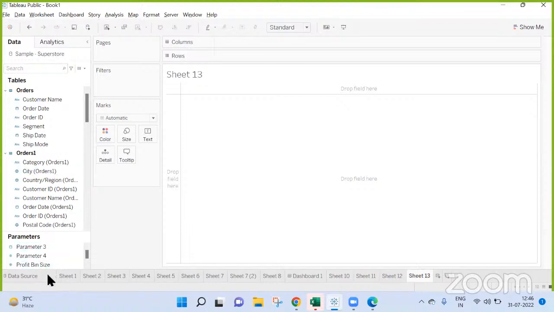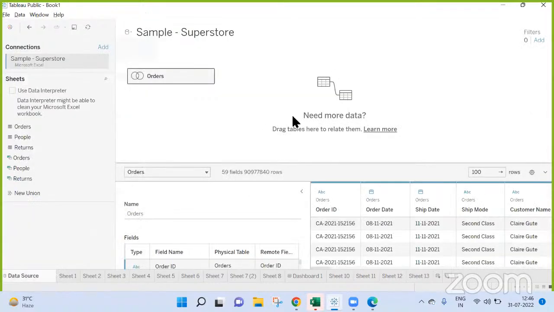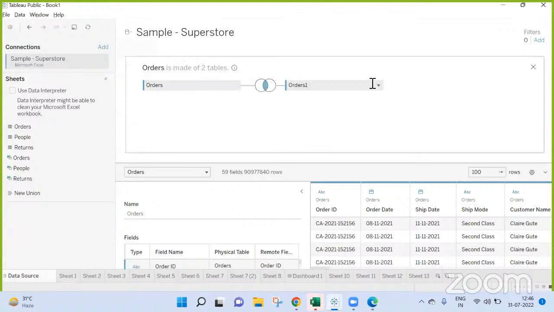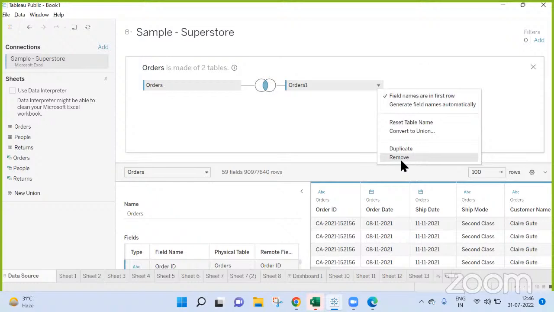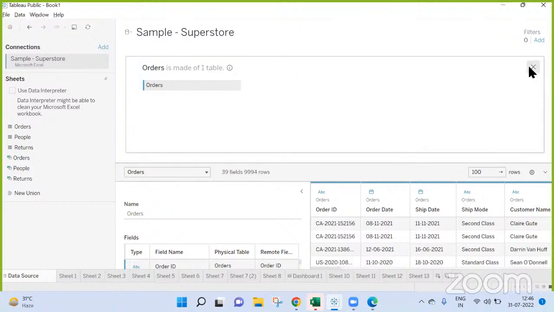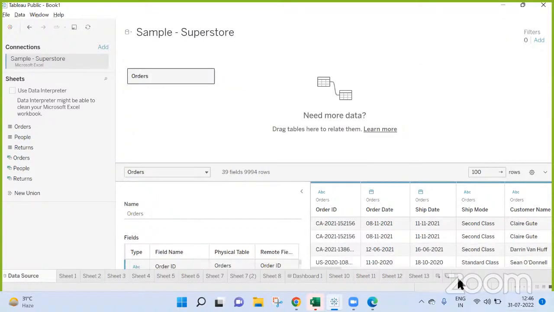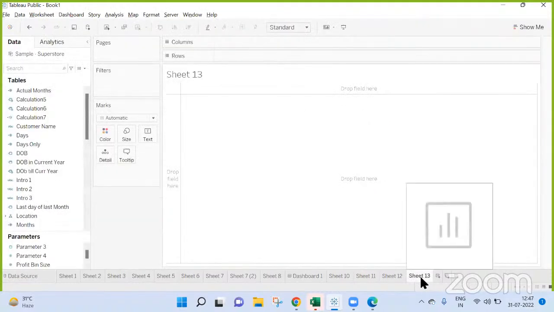I applied actions here and it is working fine. The side by side chart of previous year sales and current year sales is showing correctly. So what is the problem here? Whenever I do it order date wise, that is years, quarters and months, the plotting is not coming correctly.